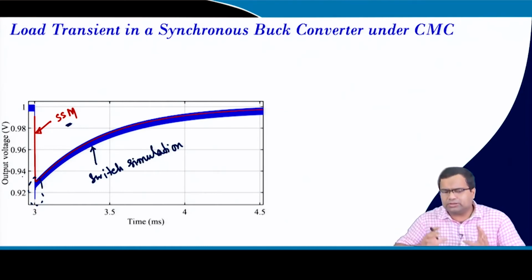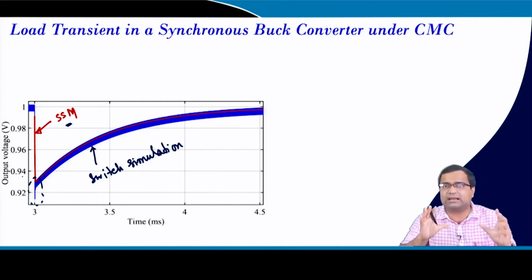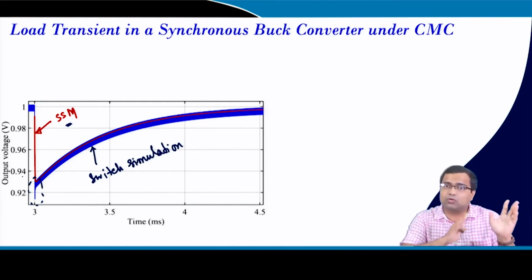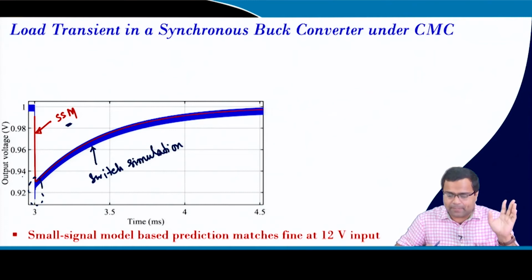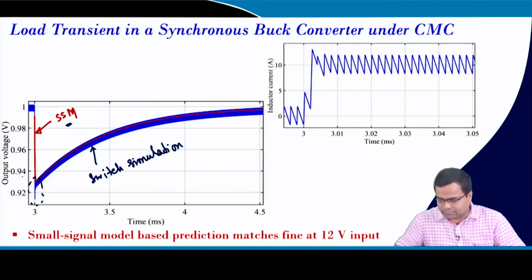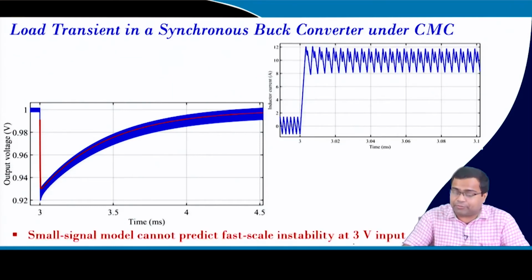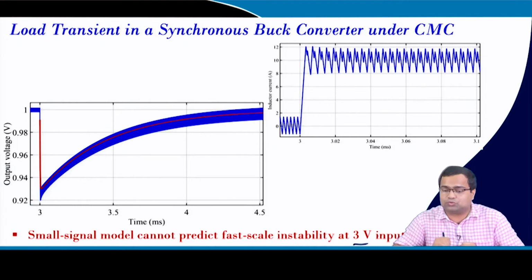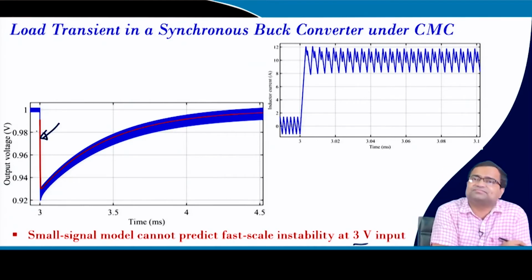So, that means it motivates us that some model exists and we should try it out, which can match our closed loop response of the model with the actual switch simulation. So, it matches fine with 12 volt input. Now, if we operate at 3 volt input for 1 volt output under closed loop, the model seems to be matching fine,